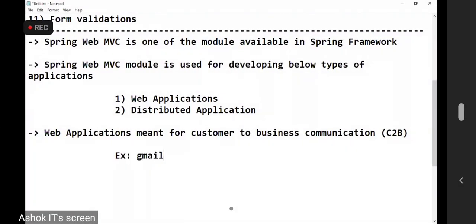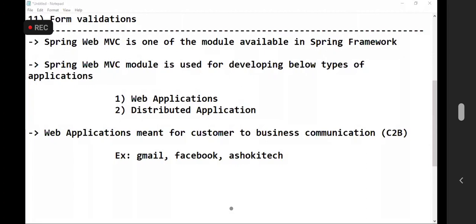Example: Gmail, Facebook, our Ashok IT website also. These are for customer to business. Now see here, we have the Ashok IT website. What courses are running in Ashok IT? What is the training schedule?